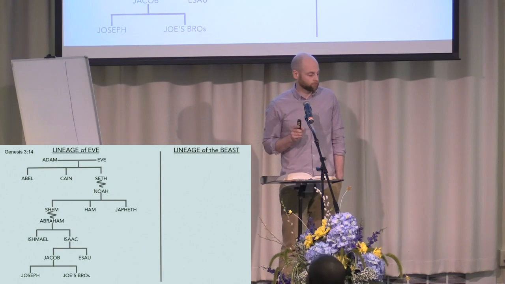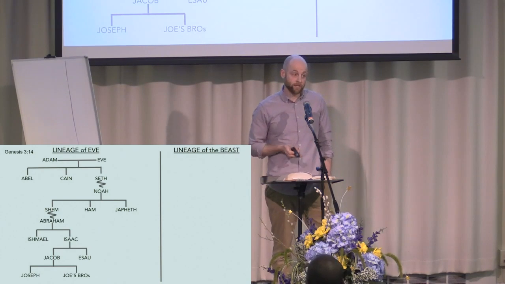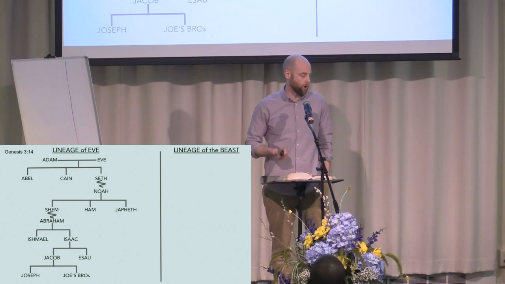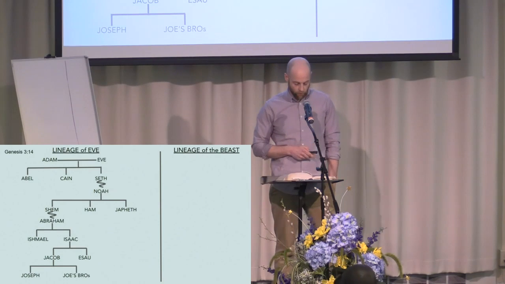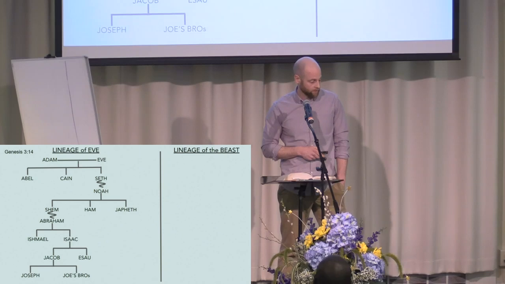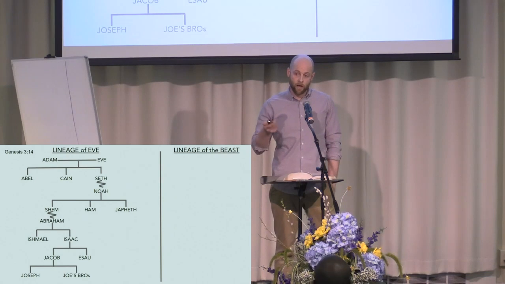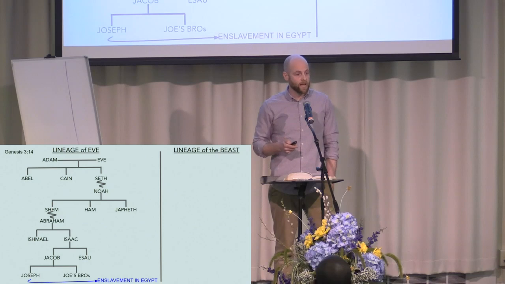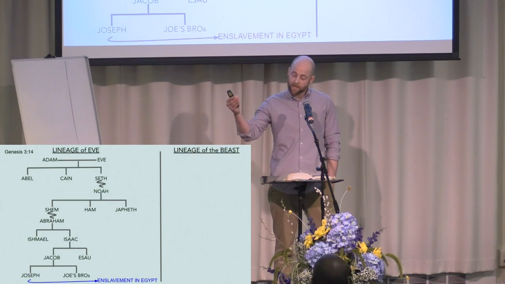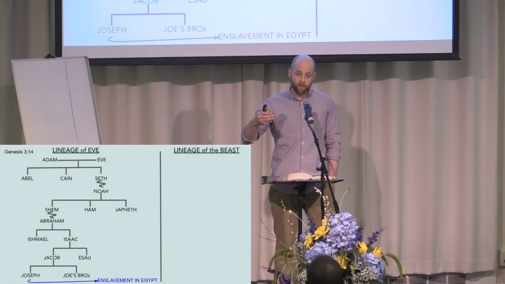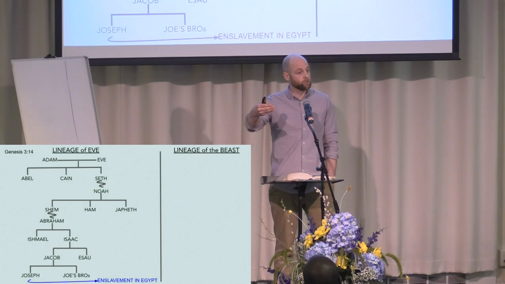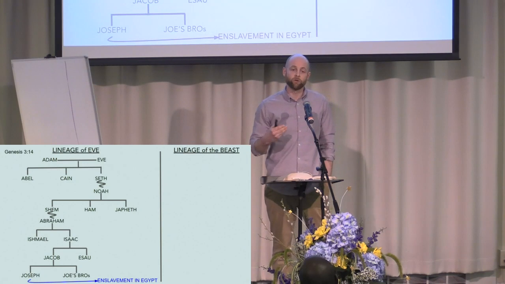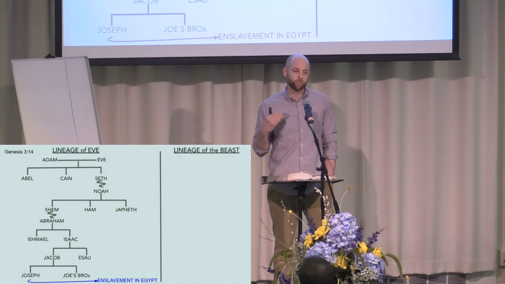From Joseph, this is where Genesis ends. So these are the fathers of the faith, as you call them, throughout the book of Genesis, and it ends with Joseph dying in Egypt. And so when Joseph dies and his brothers die, that generation dies, they are in Egypt at this point, and there's a new king that comes to Egypt. And if you read the first couple sentences of Exodus, that new king doesn't like Joseph's people.